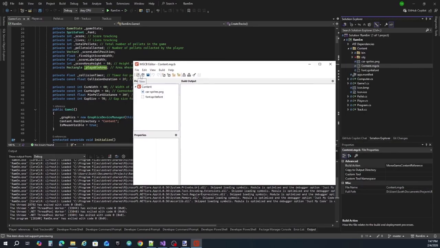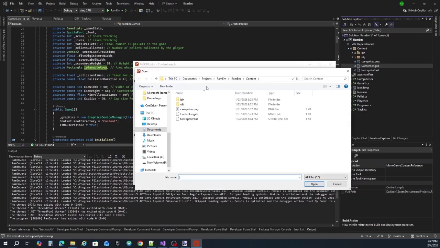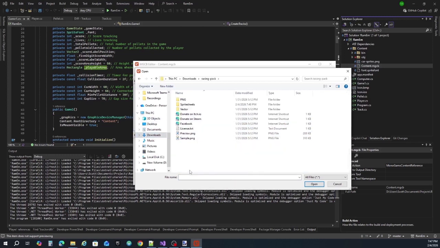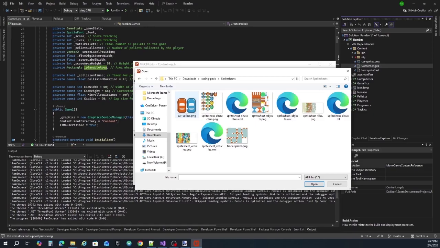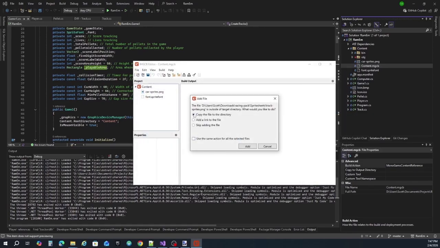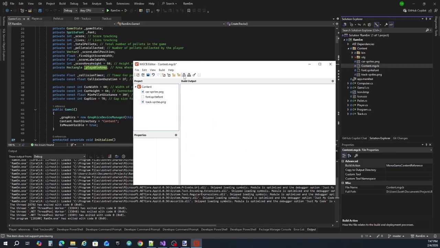We need to go ahead and add an existing item, and then we select our new sprite sheet, which I had in this racing pack, sprite sheets, and right here, track sprites. Okay, I will want to copy the file to the directory, and I'm going to save, and then